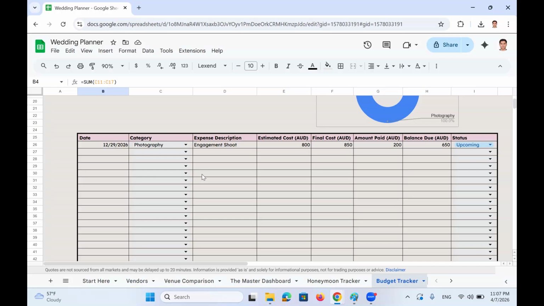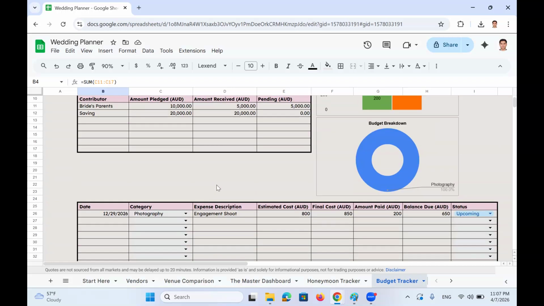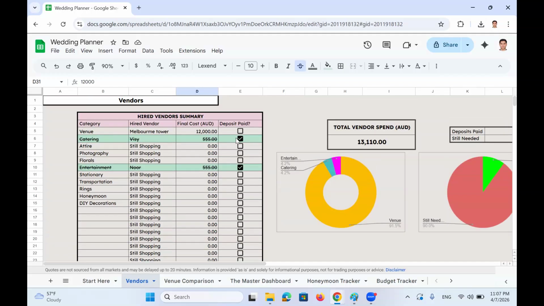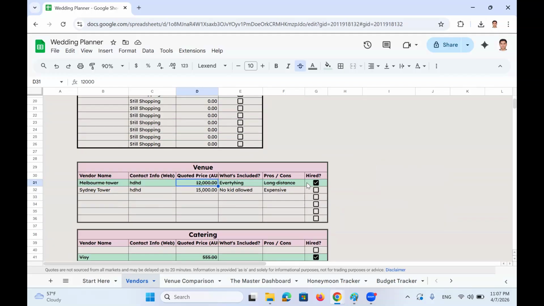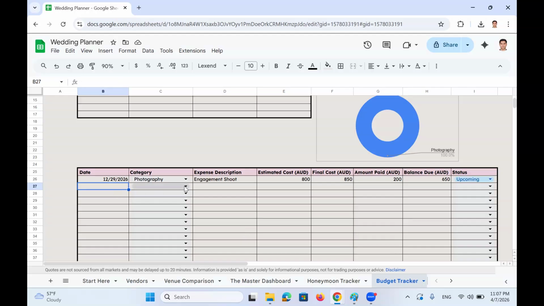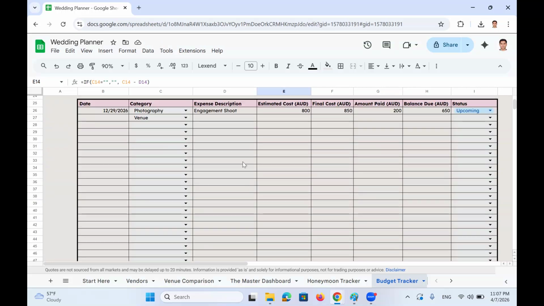And then here, that's a budget tracker. That's all the transactions that you pay along the way. So for example, in your vendor, you already said, okay, that's the vendor that I want to hire, which is Melbourne Tower. Then if you say deposit paid, you need to come here to the budget and put the date and the category, which is venue, and what is the description,